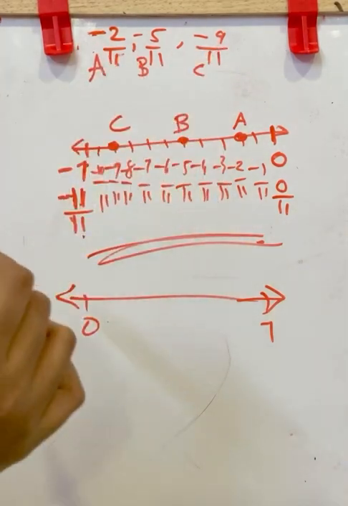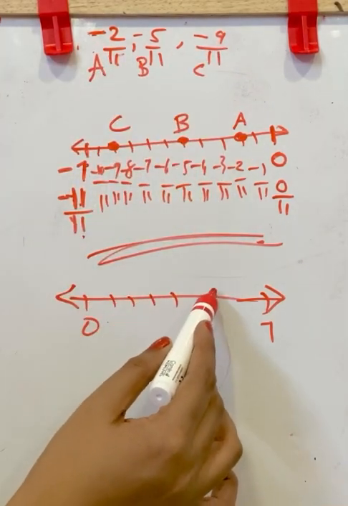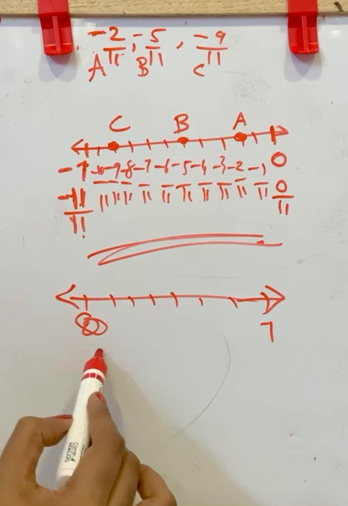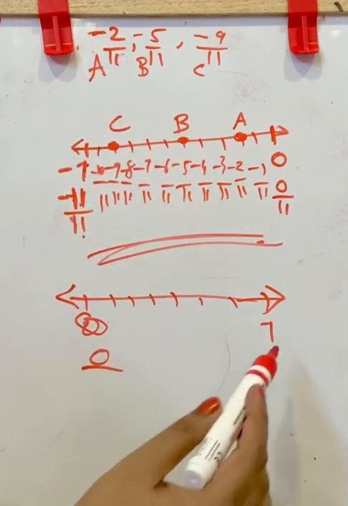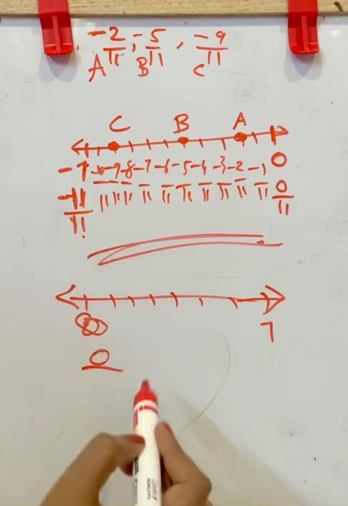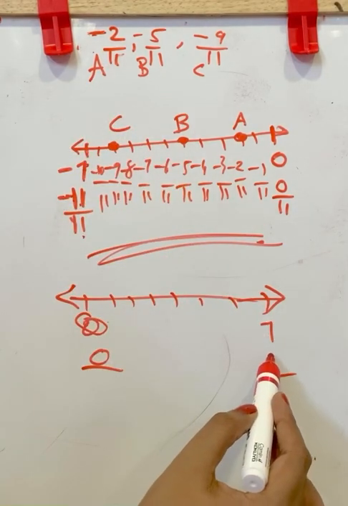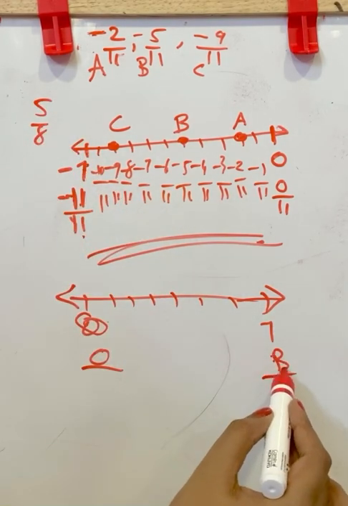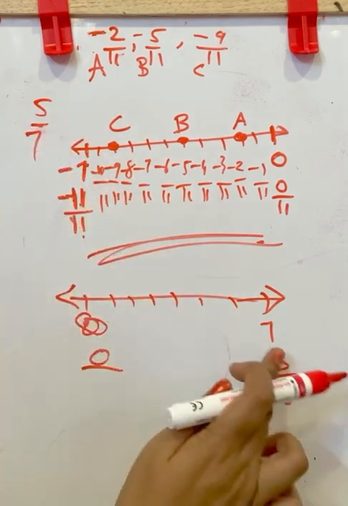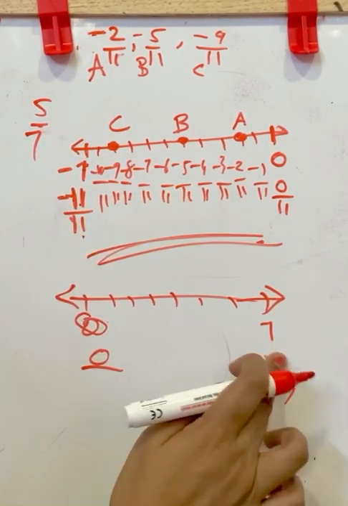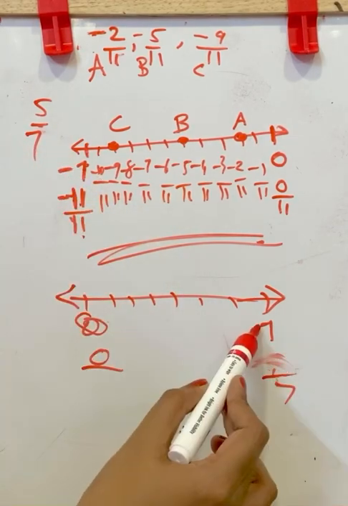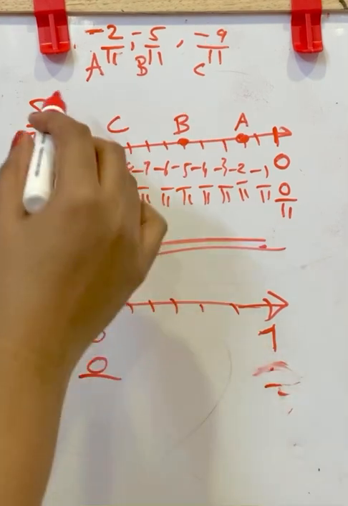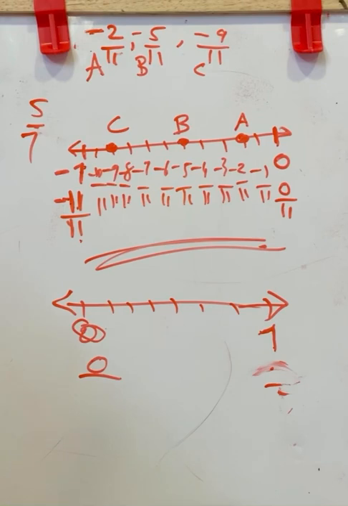Now check what the denominator is. You have to divide it into that many parts. Here it was 11. Now always remember 0 will be 0 by the denominator in the question, and 1 or negative 1 will have the denominator in the question in both numerator and denominator. In the question, if it is 5 by 8, 8 will be here and here. If it is 5 by 7, then here will be 7 by 7. So the question's denominator will be in 0, and in 1's numerator and denominator. After that, you can simply mark the fractions asked. That is the method. Now, next question.